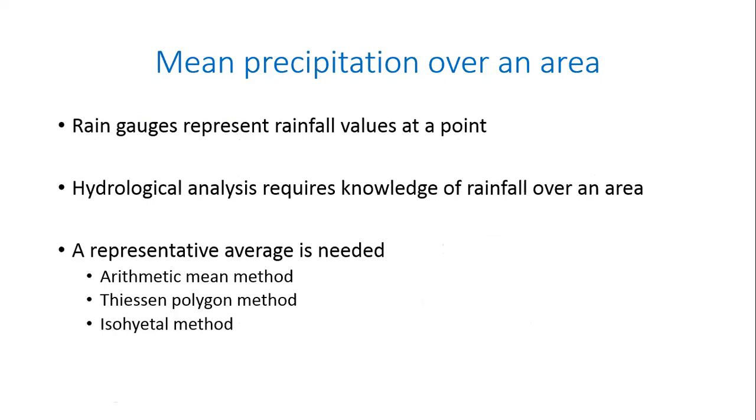Suppose, for example, inside our campus we have to design the stormwater sewerage system. To do that, you need to know the rainfall distribution within our campus. Now, because our campus is a relatively small area, you can assume that the rainfall will remain more or less constant throughout the area. But I don't know if it was your batch or the previous batch.